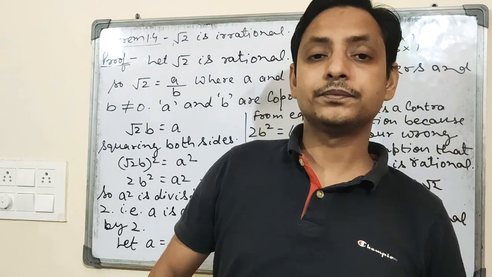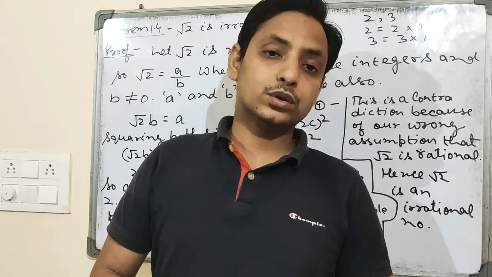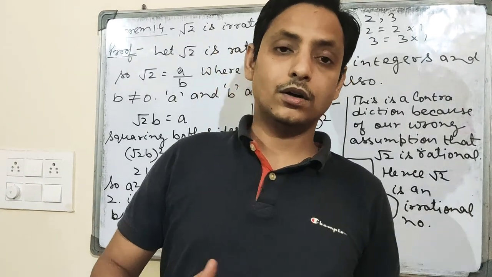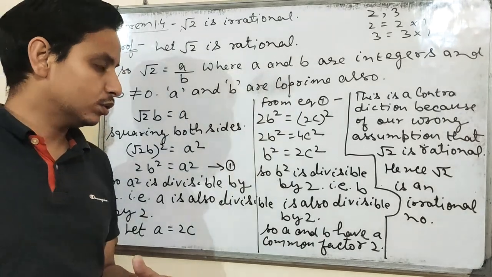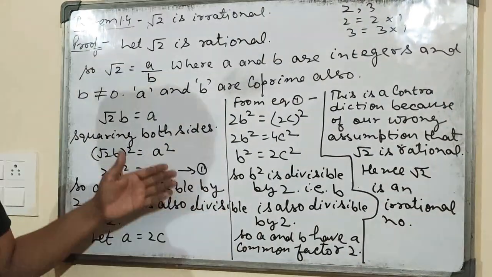So students, in the same manner we will also discuss under root 3, under root 5, under root 7. We can also prove that under root 3, under root 5 and under root 7 are also